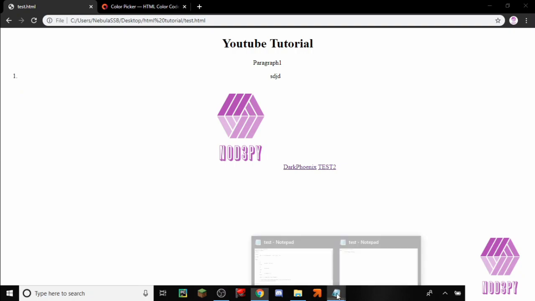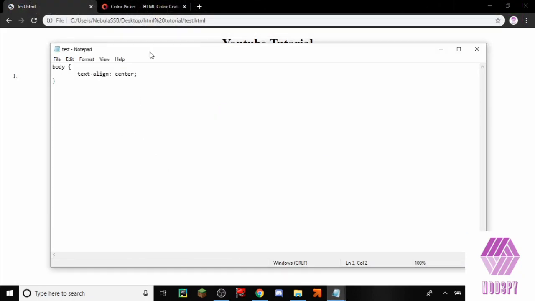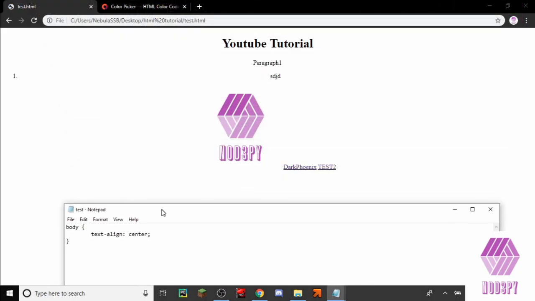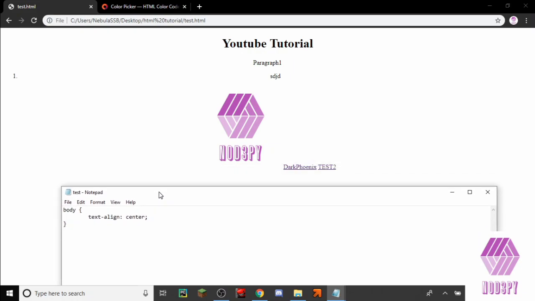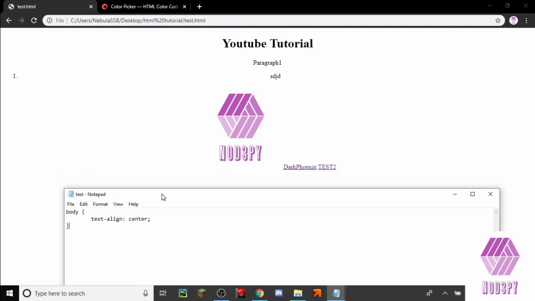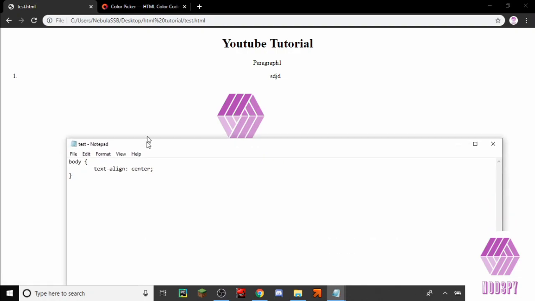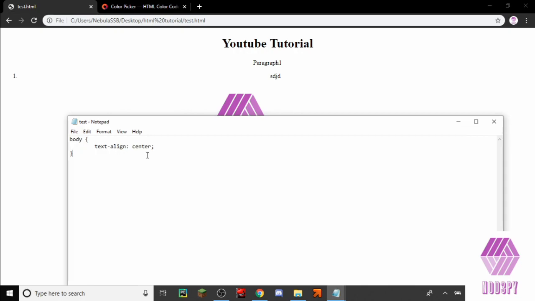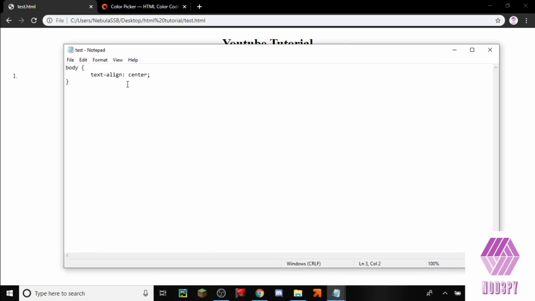Now in order to change this one, you actually have to go back into CSS, and sadly you would have to change every single property. Because of the way it's set up, certain attributes like the image and also the links cannot be modified by text align. So in order to change these, you would have to use something called margin. For instance, I'm just going to use the image tag real quick. And then if you do margin,